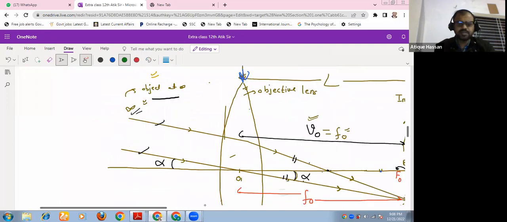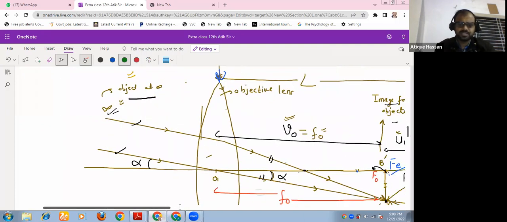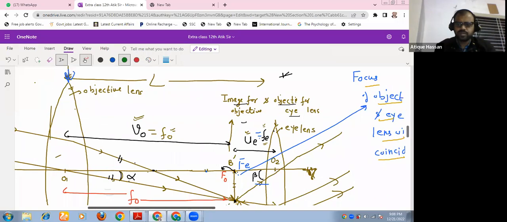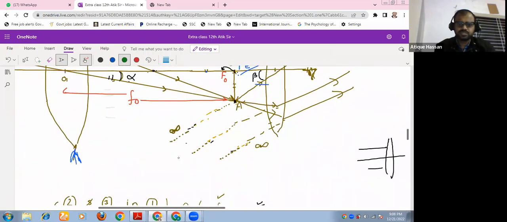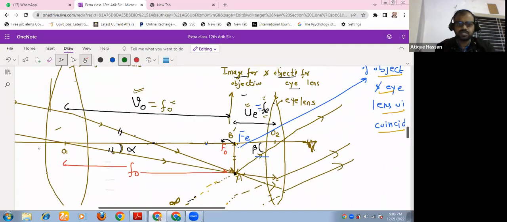Now if you see, the diagram is 90% the same. Just what you have to do is, here you will not show any final image. Just keep these rays parallel so that the final image is formed at infinity. The initial diagram will be the same. The same object is like AB,